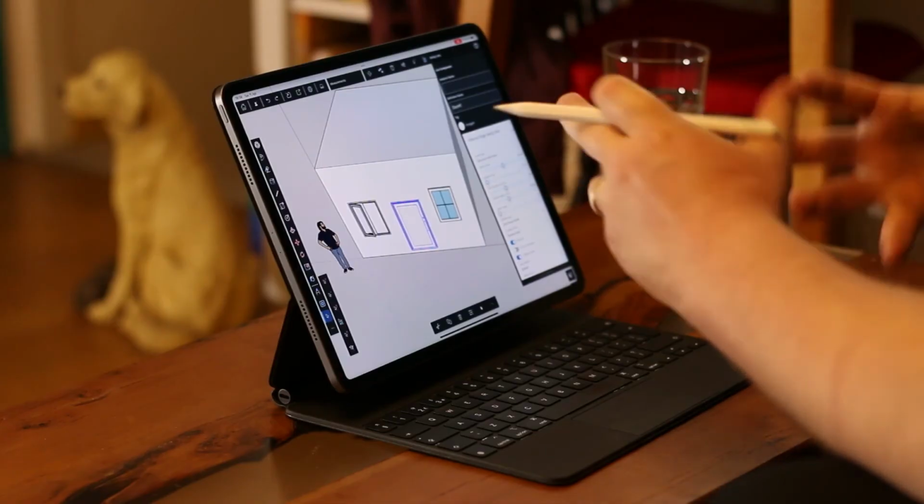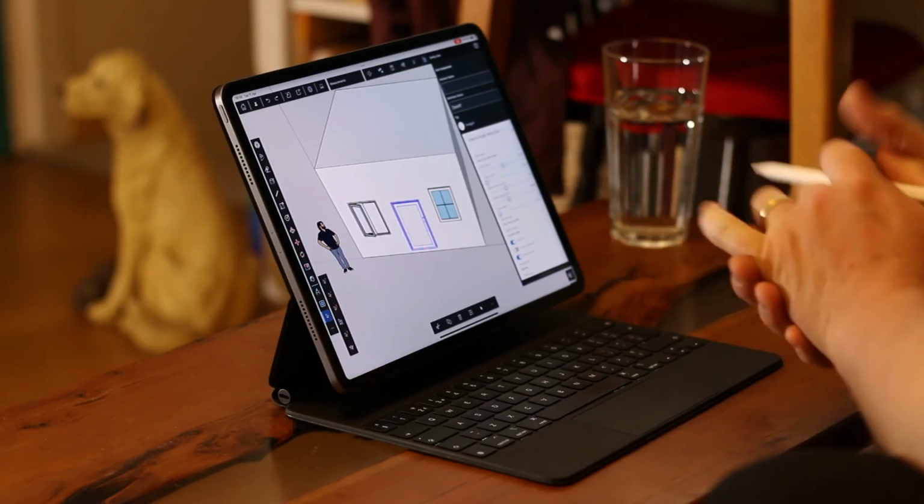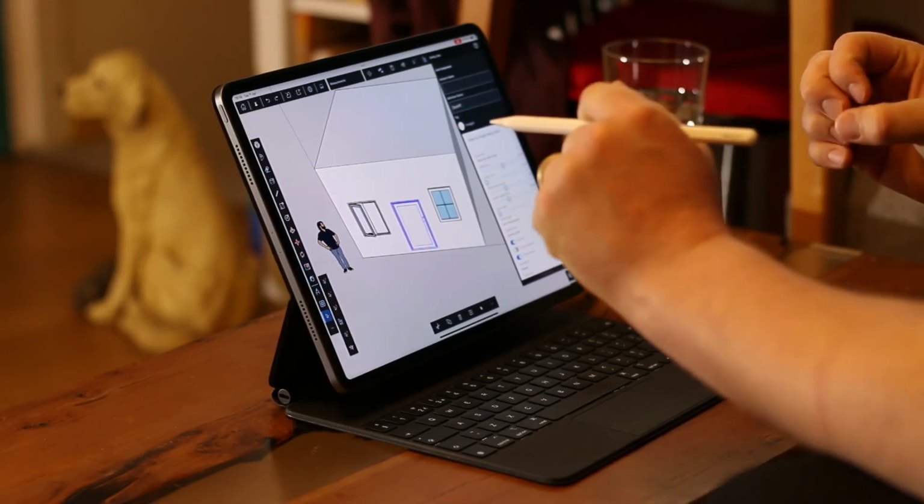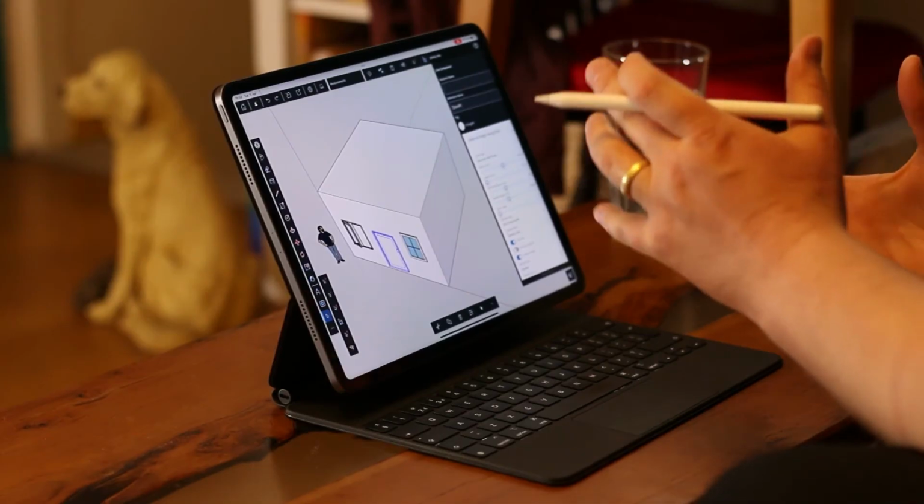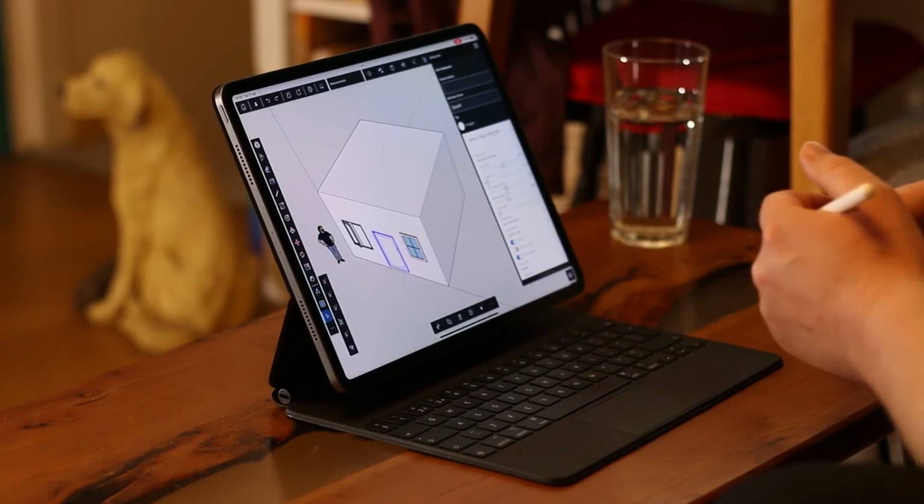What I would say though is in the real world, I don't know how accurate this is. It could be a real ball ache to try and draw anything of any meaning with it. It's a really impressive tool for knocking together an idea, and I would be interested to see what people do with it. Same thing goes for the general Auto Shape tool. It is really cool. At the moment, I've not been able to do anything particularly accurate with it. I think generally speaking, I will continue to draw things manually, but it will be interesting to see where it